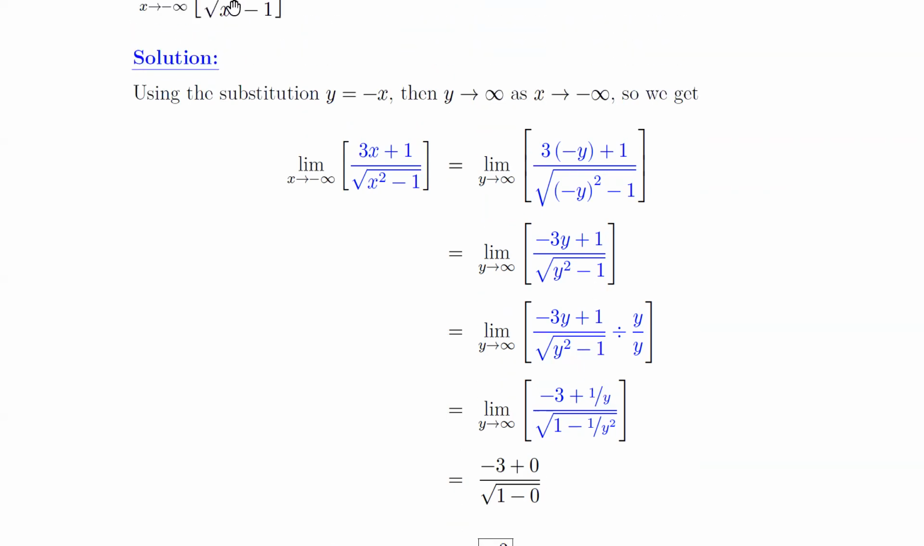Now, if we had done this without the substitution, when we did this step here, assuming that this was all x and this negative sign wasn't here, when we write y as the square root of y squared, that is where the error comes in. Because